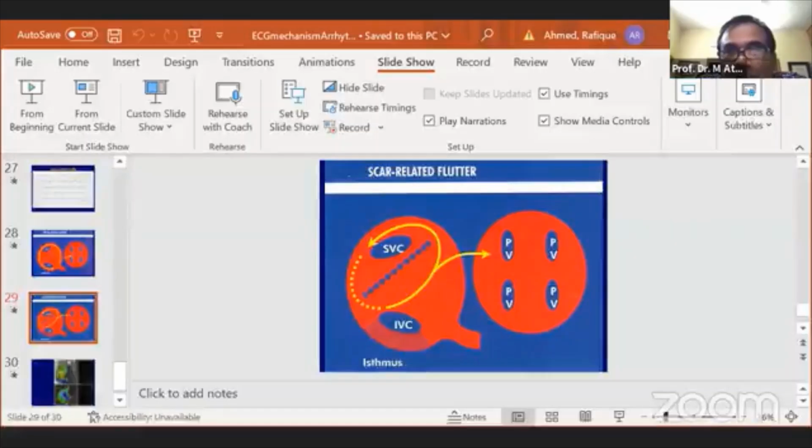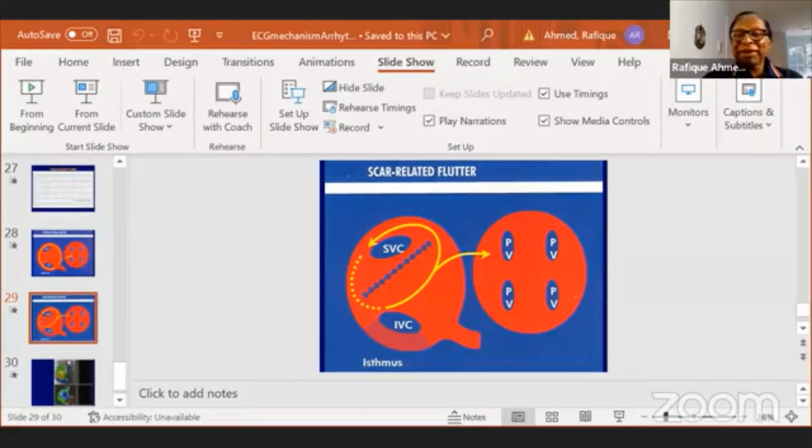Sir, as a mechanism, there is a term, brady-dependent VT. What is the mechanism, sir, really? Oh, the bradycardia dependent is actually torsade most of the time. So if you